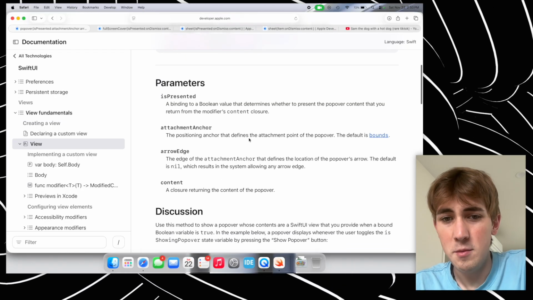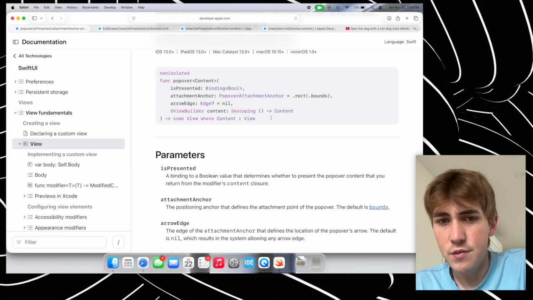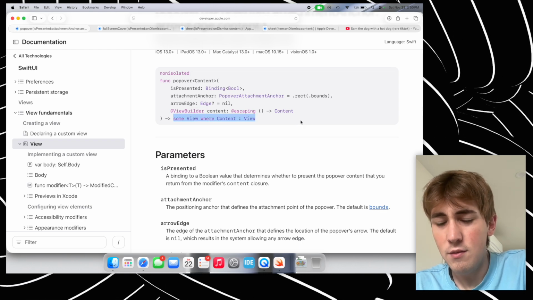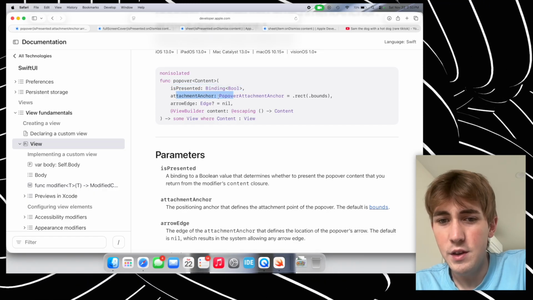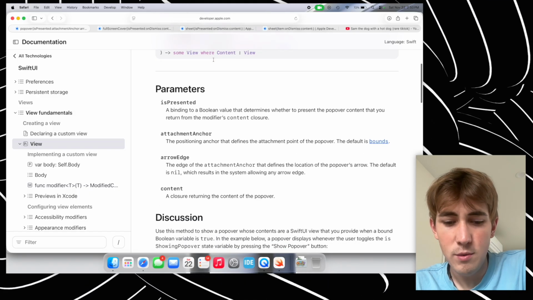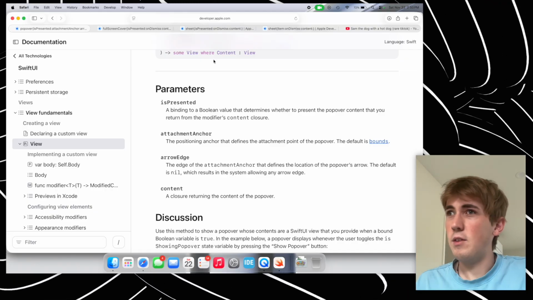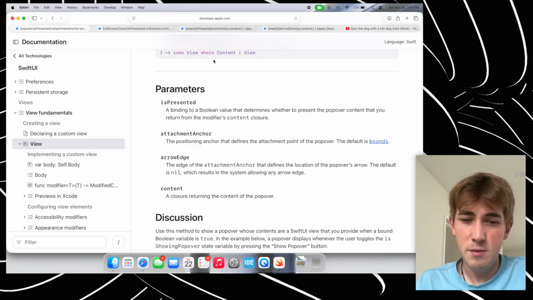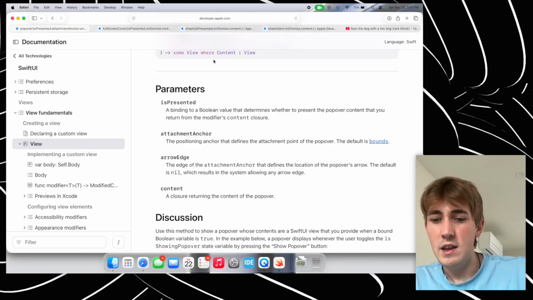So just coming back to our documentation here, you don't have to worry about this too much if you're just getting started and learning Swift. You can try and break this down a little bit. So there's some content view that's returned. You can see what the parameter names are, but they're also explained down here. It's a non-isolated function, which has to do with whether or not a function or a method, I think, can be called asynchronously or not. So it's to do with data integrity